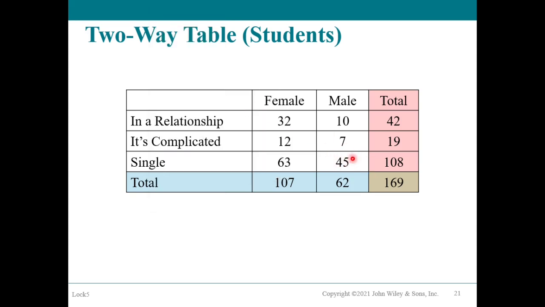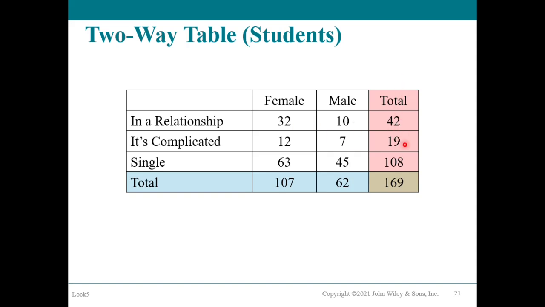Okay, this 45 right here means male who are still single. And in this blue color area you can see 107 under female. That means this 170 is the summation of these values in this column. So all females in this sample is 107, all males in this sample is 162, and row wise,